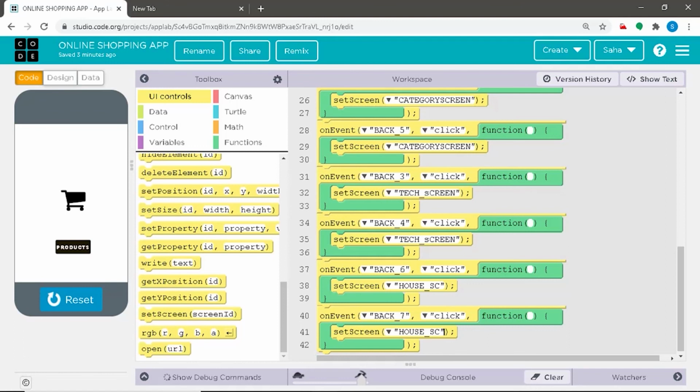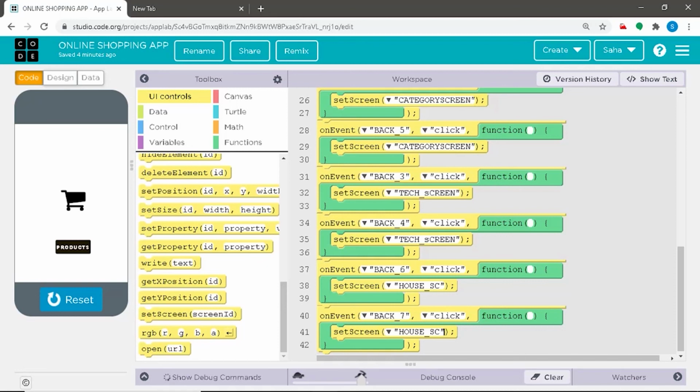So basically we have defined all our buttons and created the code for them. Our layout for our simple online shopping app is ready and our code is ready, which have been done in the design mode and the code mode respectively.